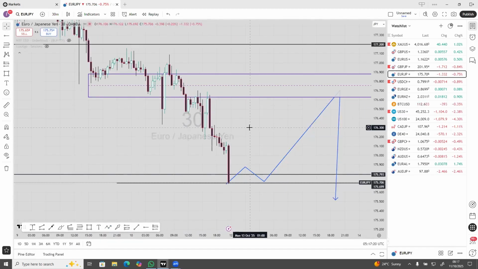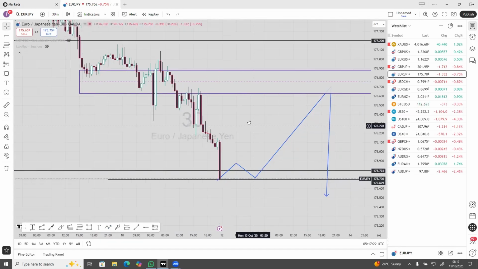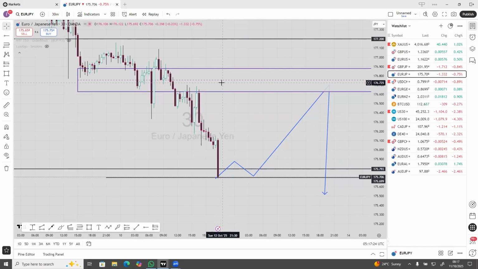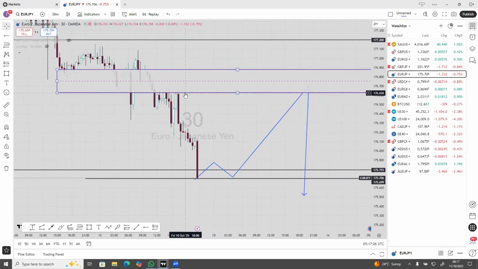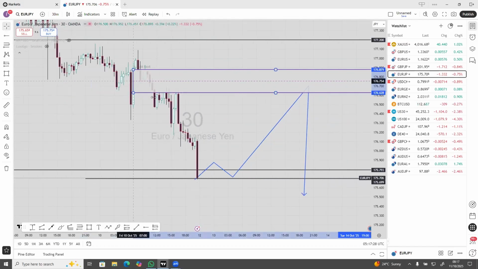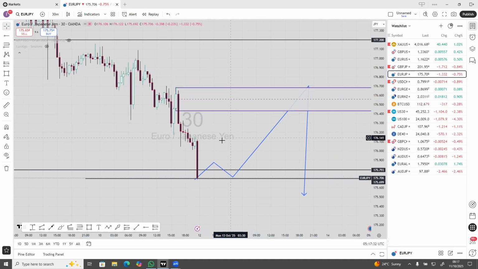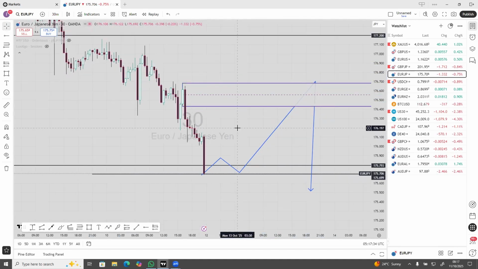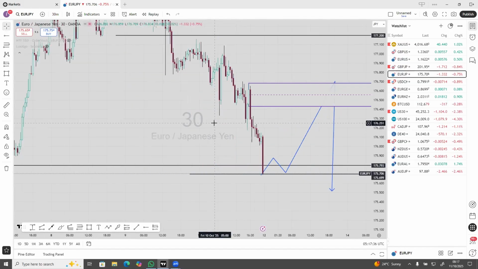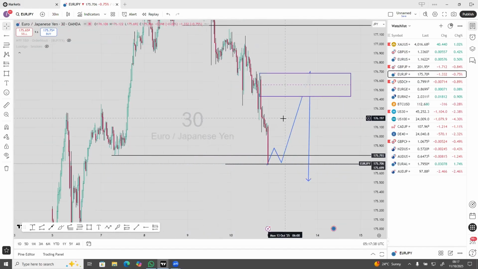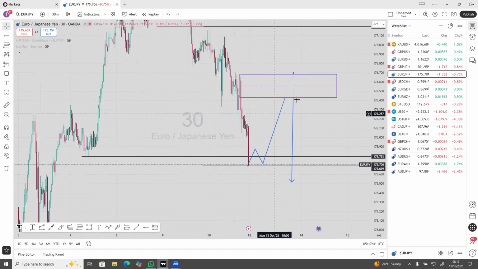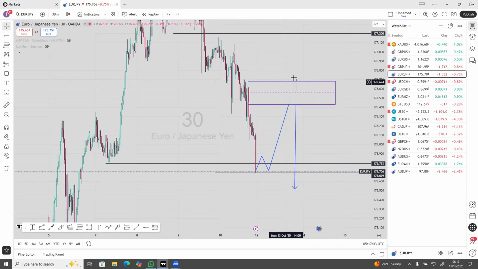Optimal entry on 30-minute point of interest available. Okay, on 30-minute we get it. I think that point of interest is located on 50% of FIBO, so it has a high probability of rejection from that level. Okay, so next week, Euro JPY, we're supposed to wait for retracement until price reaches that supply, and then you can